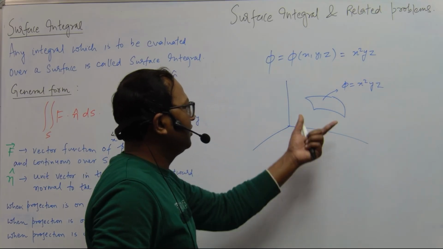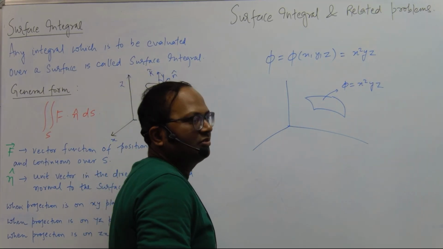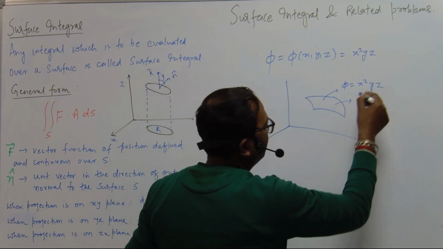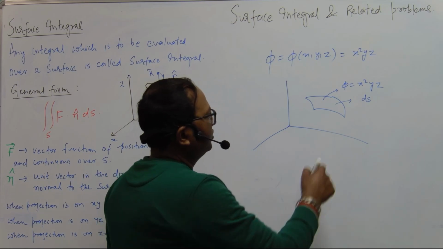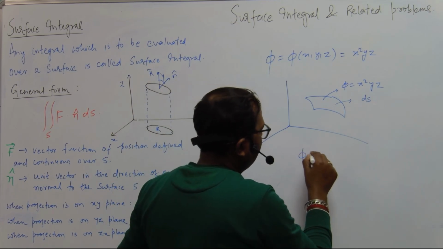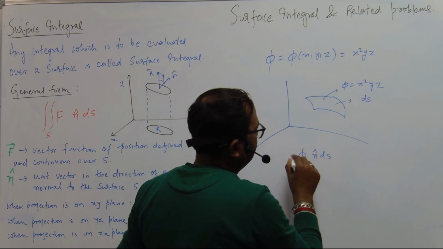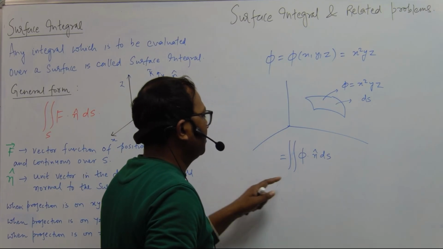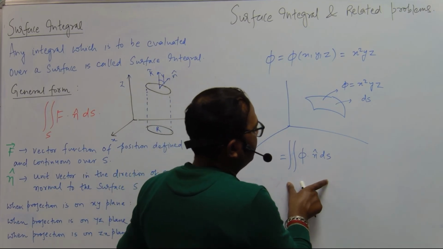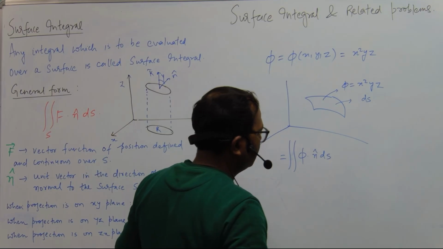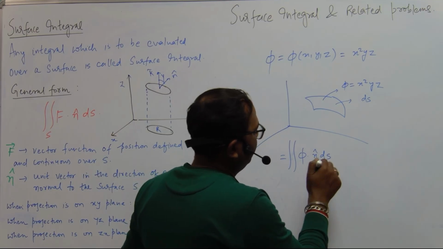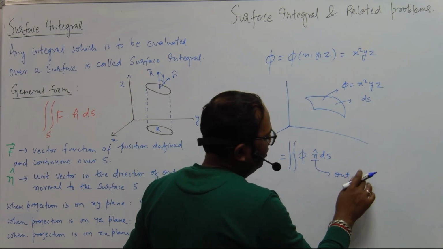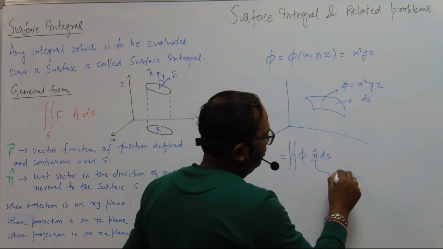Whenever we integrate this surface, it has to be integrated in 2 dimensions. So let us take an elemental area ds. How can we represent this? This is our function, so we have phi dot n cap into ds. This is the general form of the double integral, and this is our surface integral. How do we calculate the ds? Let us discuss this. And what is this n cap? N cap is the outward unit vector